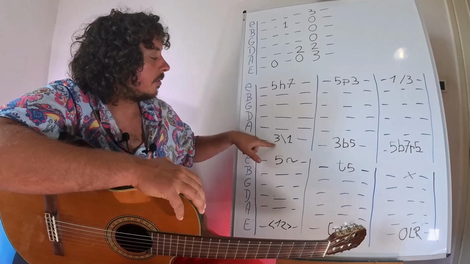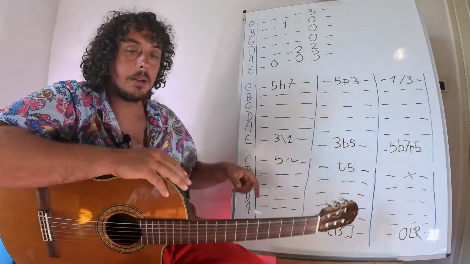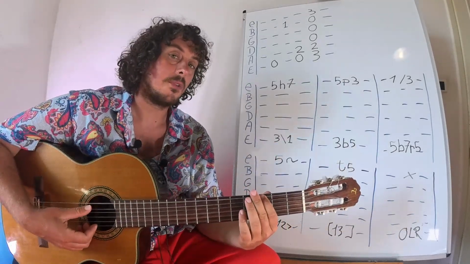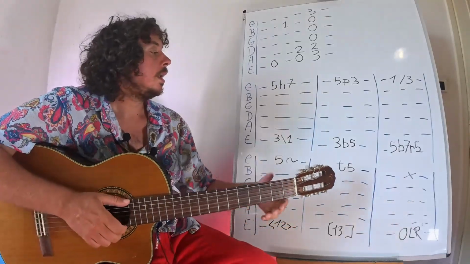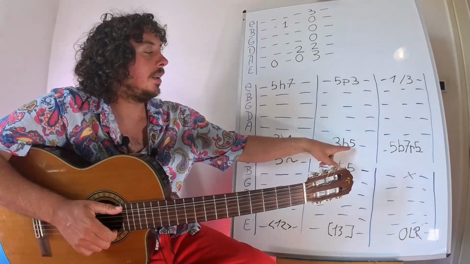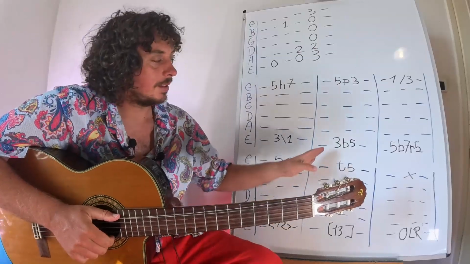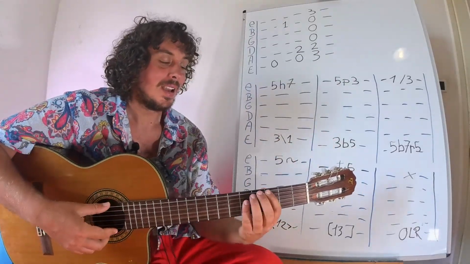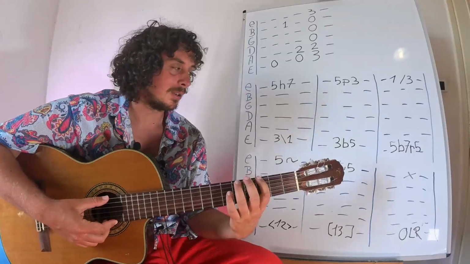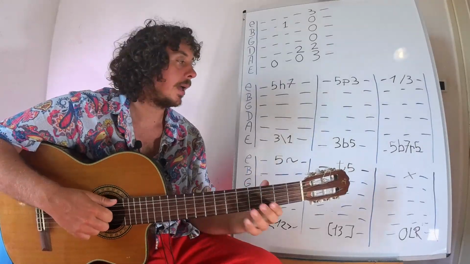Here instead we have 3/1. That means that we have to go from 3 to 1 like this. Then we have 3/5. Here I have made a little mistake, because it's very difficult on this guitar to create this bend, because